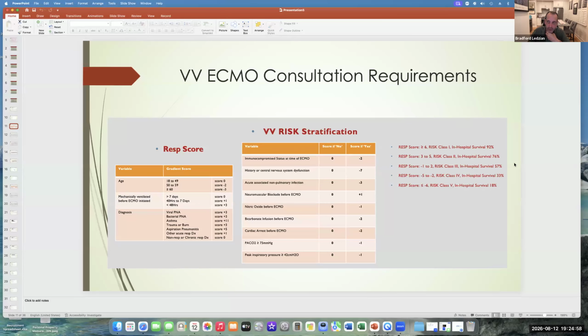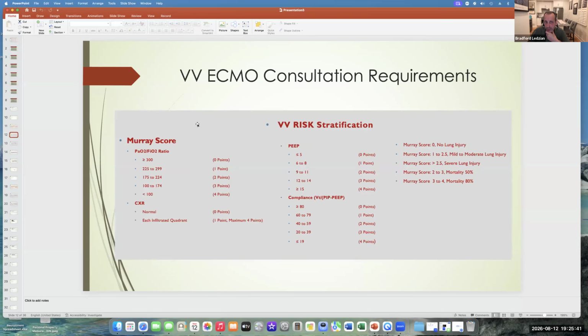And for a lot of programs, the threshold for whether or not to put a patient on this type of VV ECMO support, which is basically extracorporeal support or lung replacement, essentially, is based upon whether or not they're going to survive. So whether you have a threshold cutoff of 50% or 80%, you're going to accept a RESP score of either somewhere above 2 or above 6, right? And you could see the risk factors that go into determining a patient's survivability. Clearly, someone's age, the older they are, the worse their prognosis is going to be in this particular area.